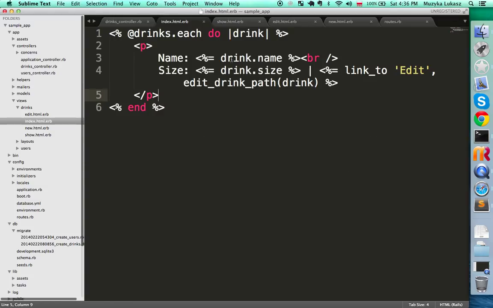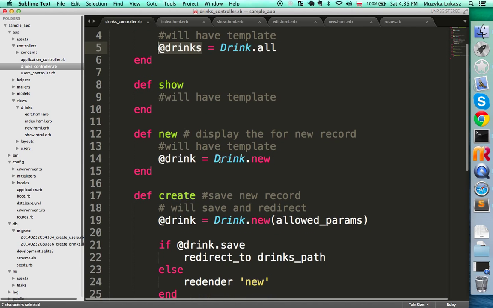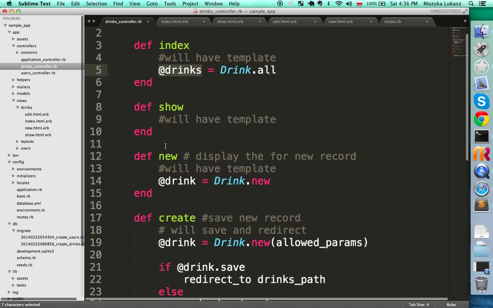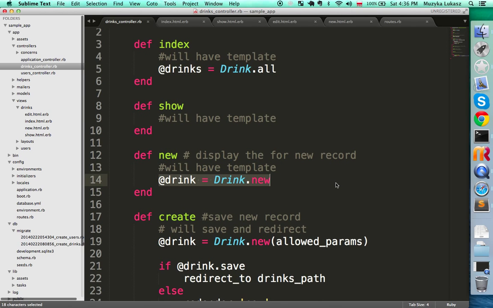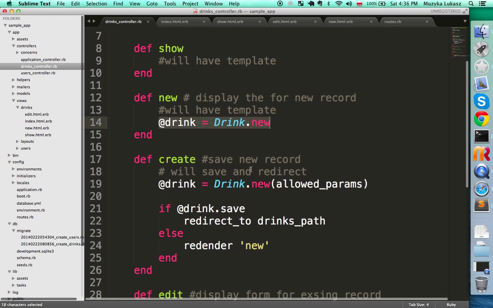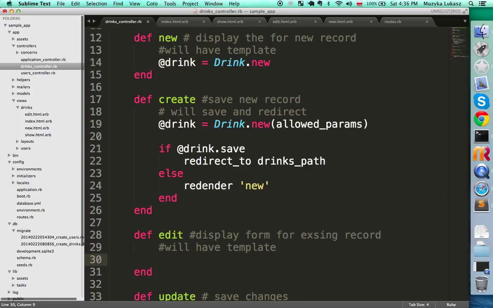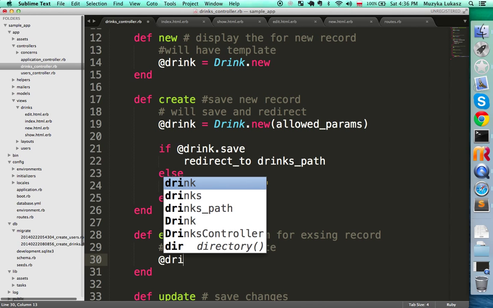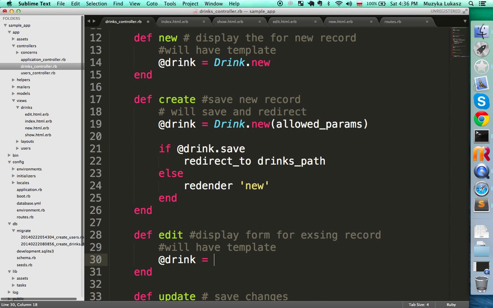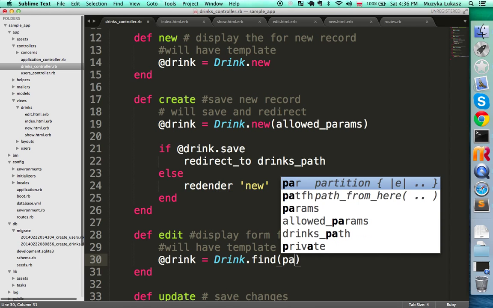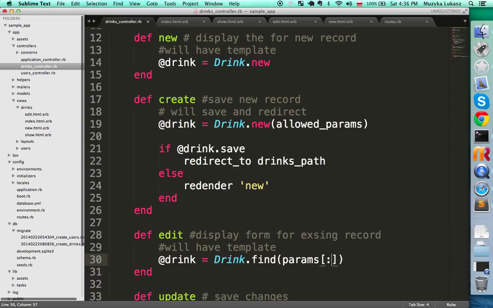If we go back to our controller, first of all, just like we did for the new action, we create this new instance of a drink class. What we're going to do for the edit action is actually find that drink in the database using an ID. So add drink equals Drink.find(params[:id]). So this will really come from the URL